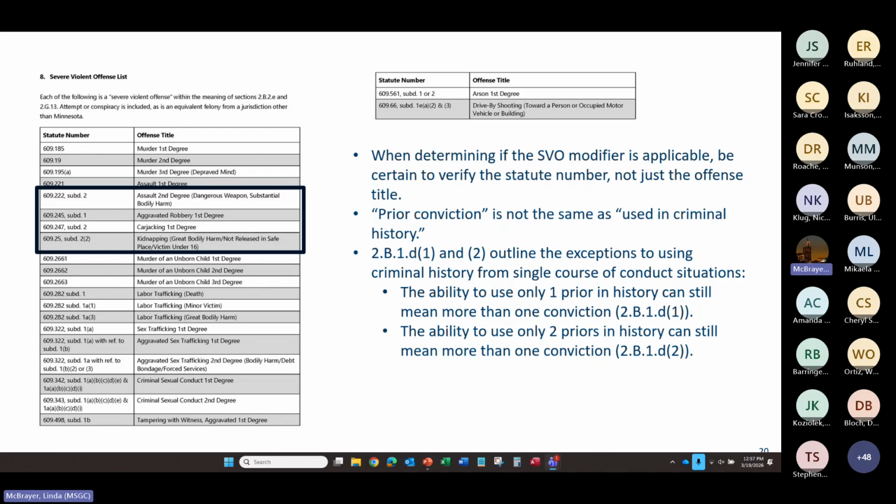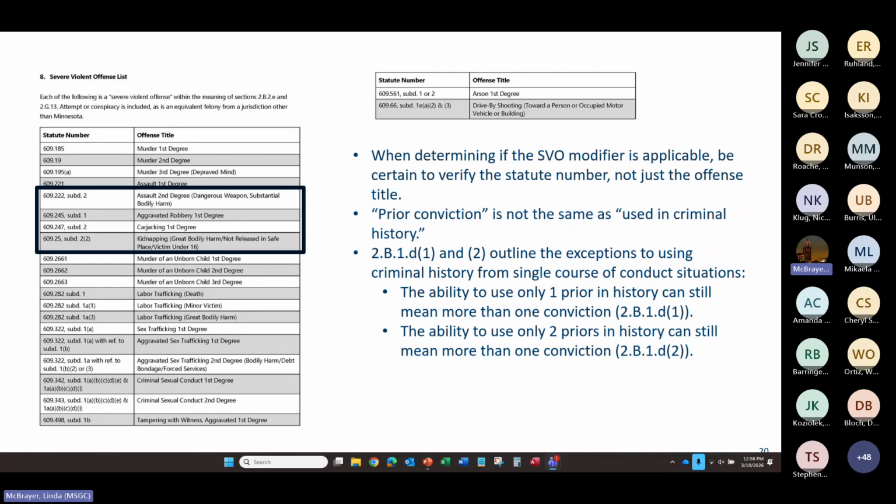The other thing to keep in mind is a prior SVO conviction is not the same as using a prior in criminal history. So we have these two policies in 2B1D, part 1 and part 2, that explain how to use Hernandez exceptions in prior criminal history. So the current offense has a Hernandez exception, and it's going to come back later to be a prior in